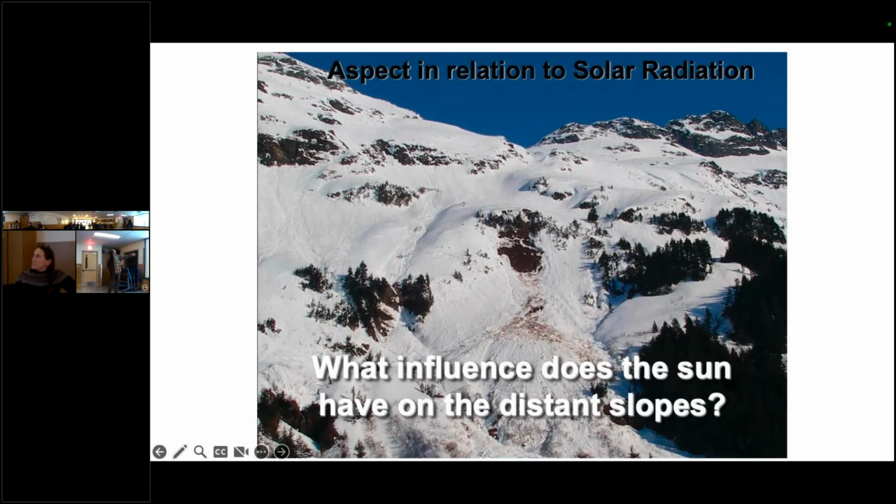Again, your aspects, your orientation of the slope: in the springtime, the solar radiation is going to affect things. Typically for us, it's not going to happen until more like April, May, maybe some in March. But the sun isn't quite high enough or strong enough to really have a big effect. That being said, it can warm temperatures with sunshine, but warm air sometimes happens all year.